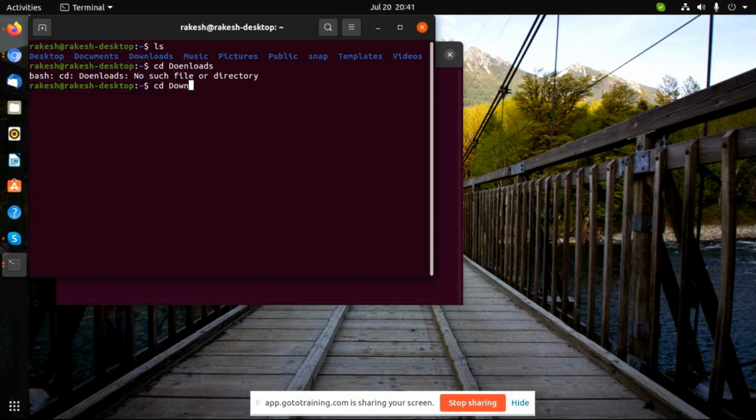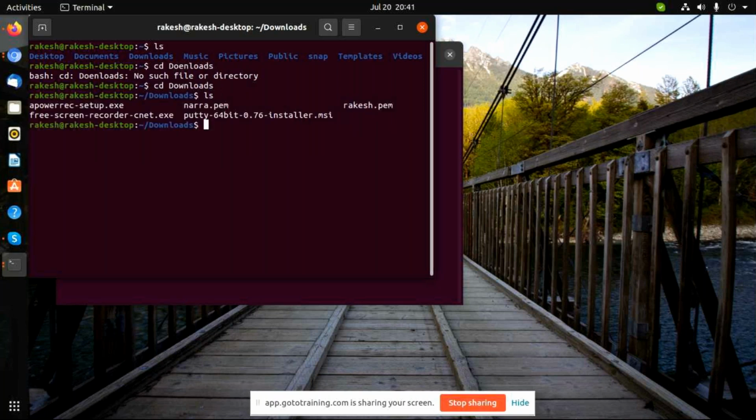You can see the spelling above. Enter. Do ls. Yeah, here it is. Okay, in this location only you have to run these commands.